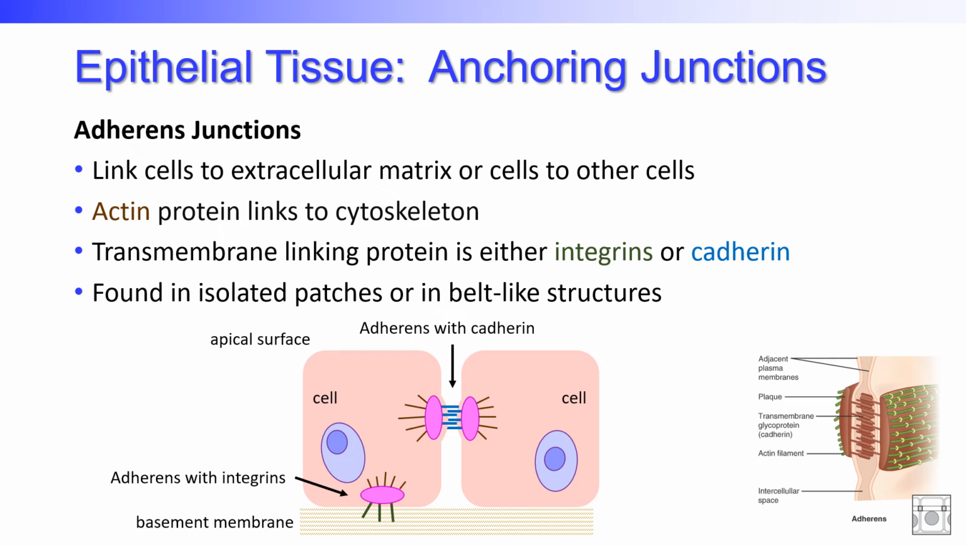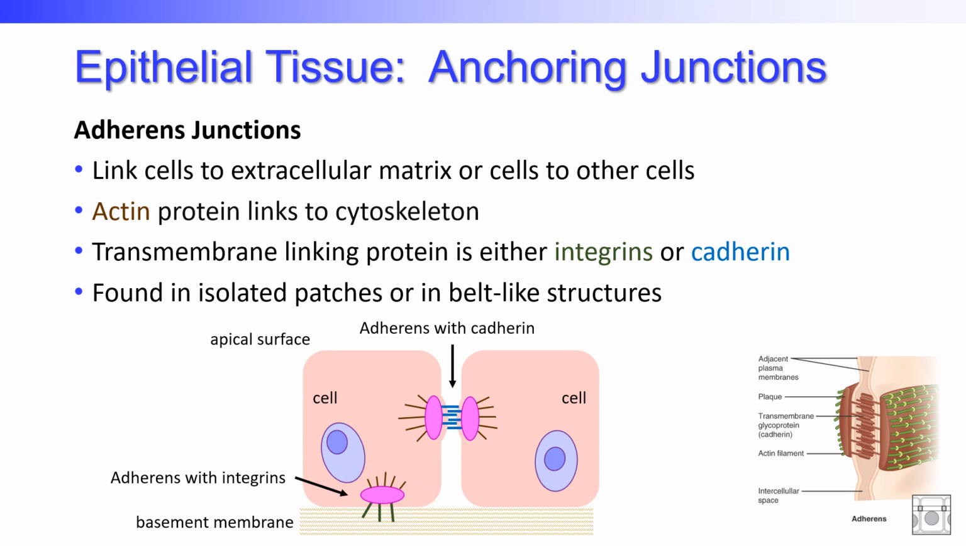So if the junction is linking the cell to a basement membrane, then the protein will be integrins, just like what we saw with the hemidesmosome. But if the junction is linking to another cell, then the protein will be cadherin, just like what we saw with the desmosome. So if this junction is linking cell to cell, we're going to typically find it in the upper region of the cell towards the apical surface, but still within that mid-range. If the junction is linking the cell to the basement membrane, this will typically be found on the basal surface